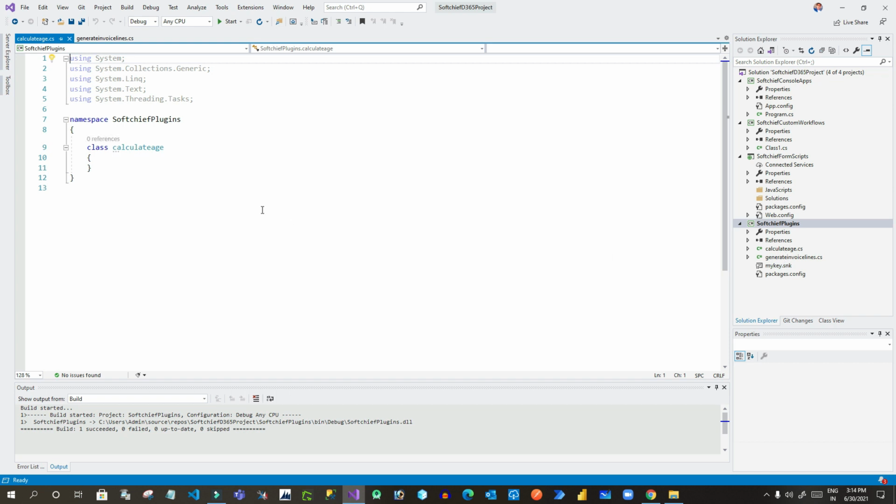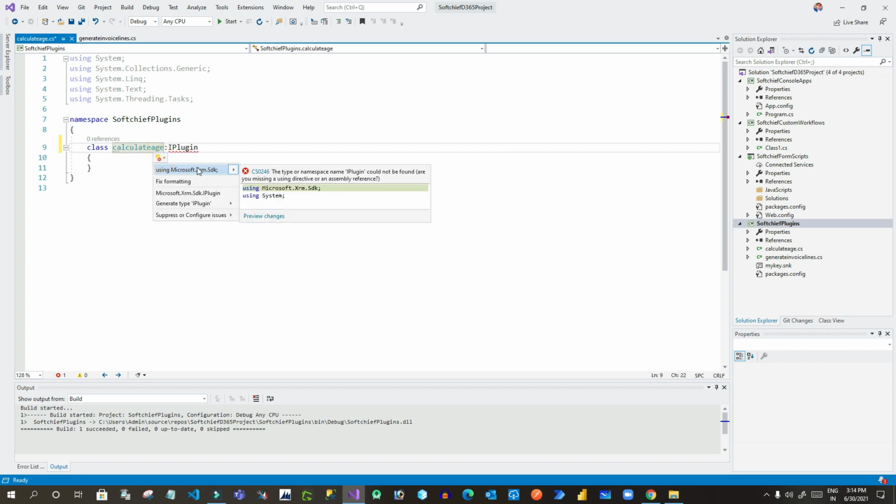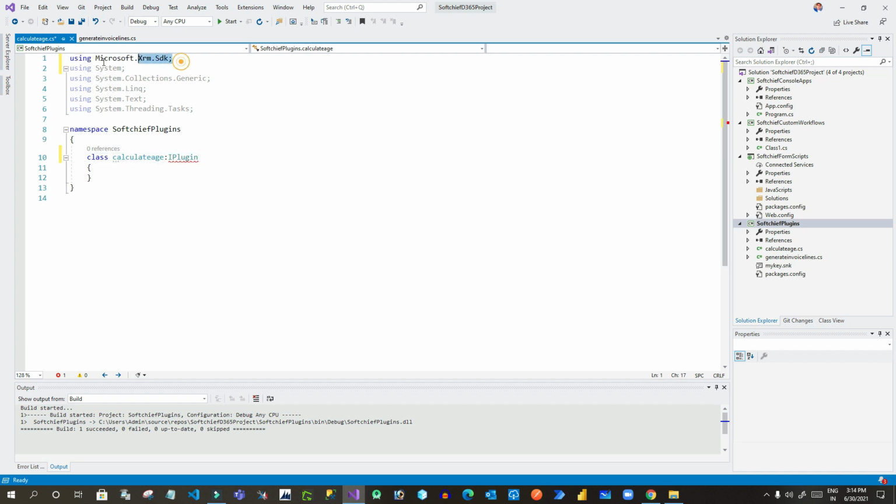And if you write down IPlugin, it will automatically give you the option to implement the namespace. This is automatically added, and also you want to implement the interface, it is added.